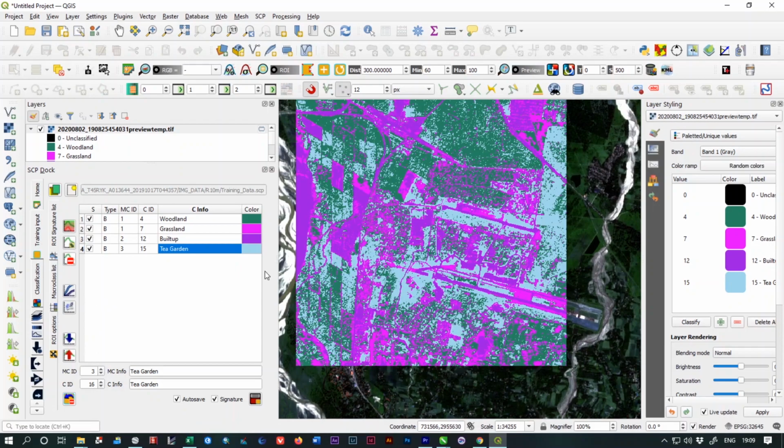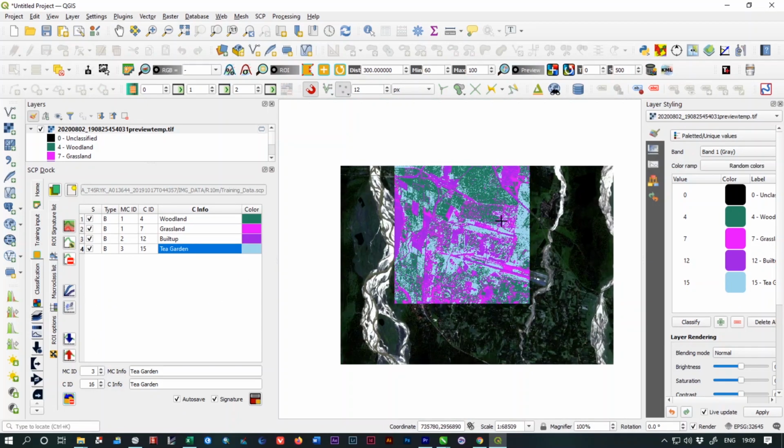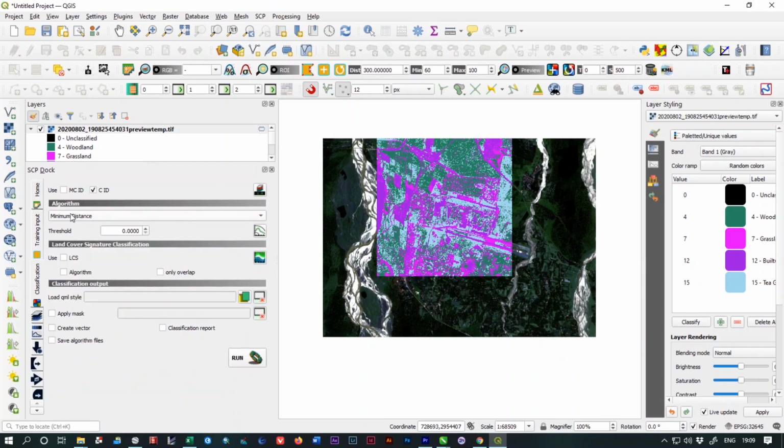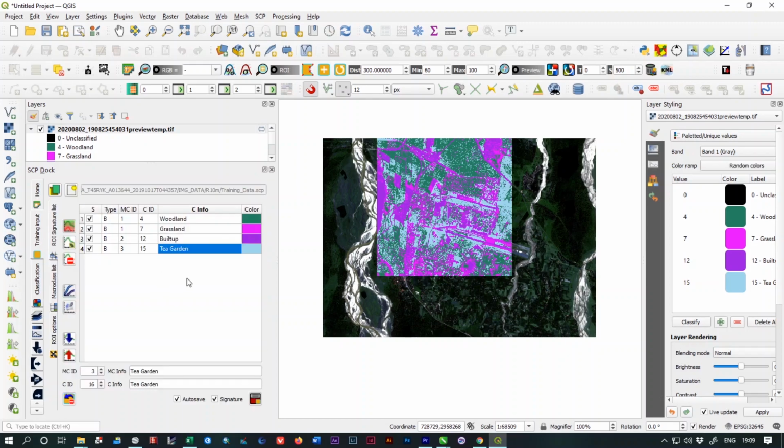So to export the final classified image, you need to go to classification and select the class ID. Make sure you don't select the main class ID. If you select main class ID, it will generate a classified image based on these three main class IDs 1, 2 and 3.